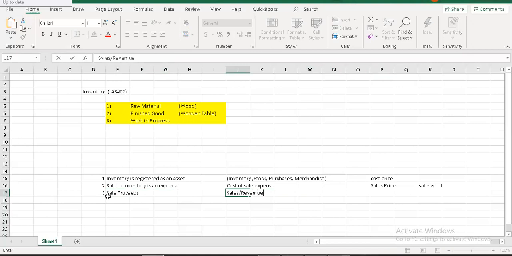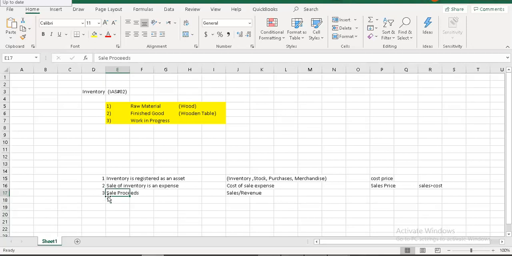In order to record this revenue, you already know that all financial transactions are passed on the basis of a bookkeeping system, and conventionally the double entry bookkeeping system is followed. So whenever some inventory item is sold, you have to record an entry. Let's suppose the transaction is on cash, so you will debit your cash account by the sale proceeds value, and you will credit the sales or revenue account.